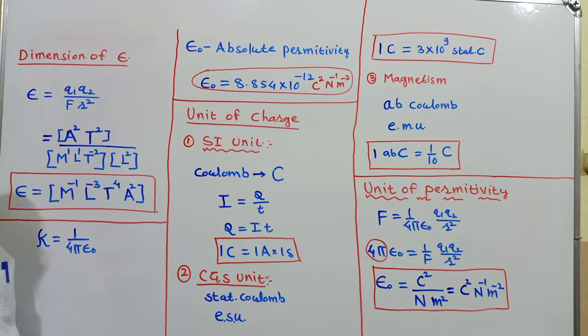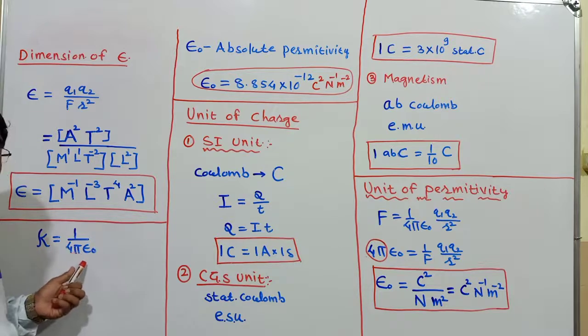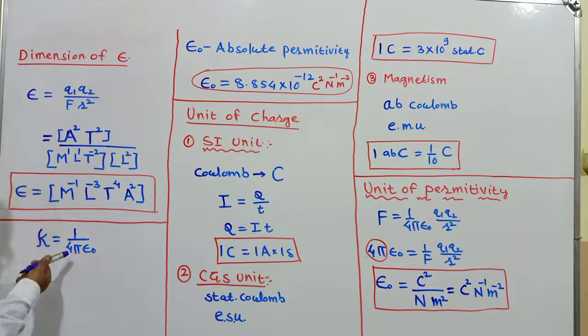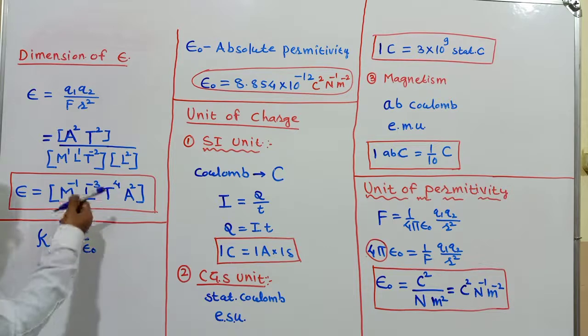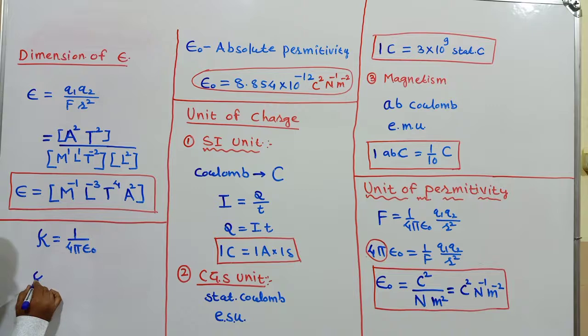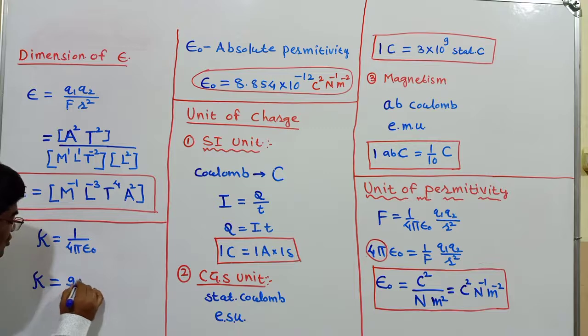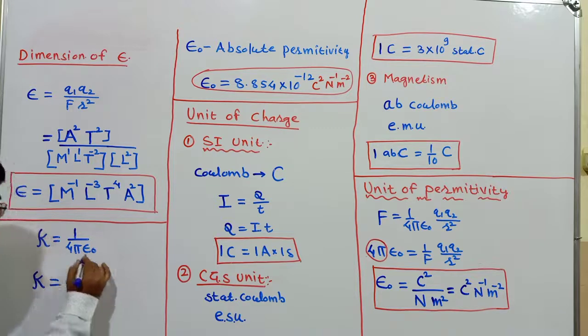Everybody's value I know. Like 4 is a number, pi is a constant, and epsilon naught's value has been introduced. So what I need to do is just substitute that. And once I do that, with a few steps of calculations, I will be arriving at the value of this constant. Like 4, pi you can substitute 22 by 7 or 3.141, and this you have got 8.854 into 10 to the power minus 12. After doing this calculation, you can do that at your leisure time. You get this as 9 into 10 to the power 9.